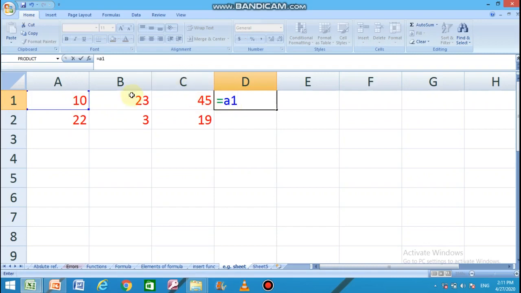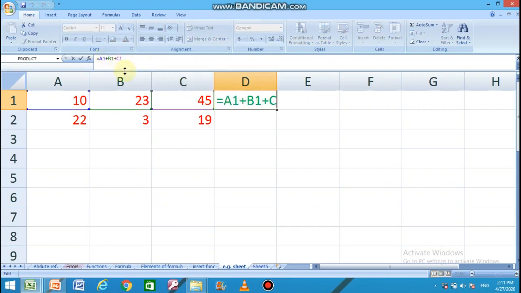Then what we like to do with all these three numbers together, we like to add them. So we'll type the plus operator. Then B1, and then the third cell address C1. Enter. To obtain the result, the formula which I entered here is actually a basic formula, and in this formula only the plus operator is used, means only one type of operator is used.